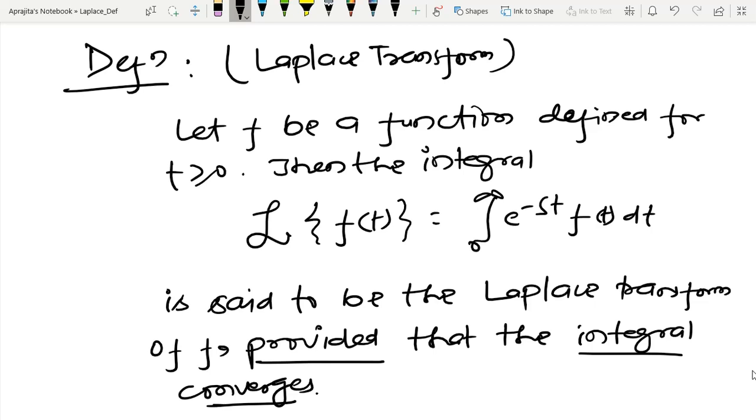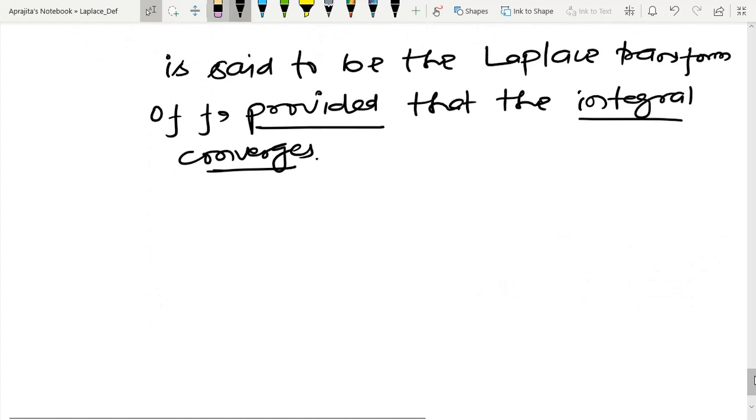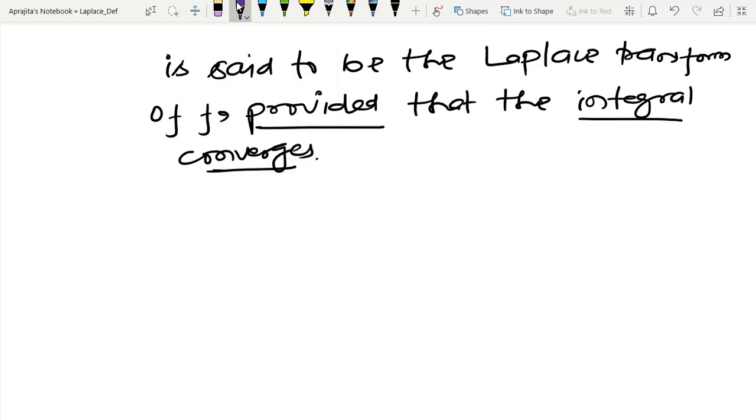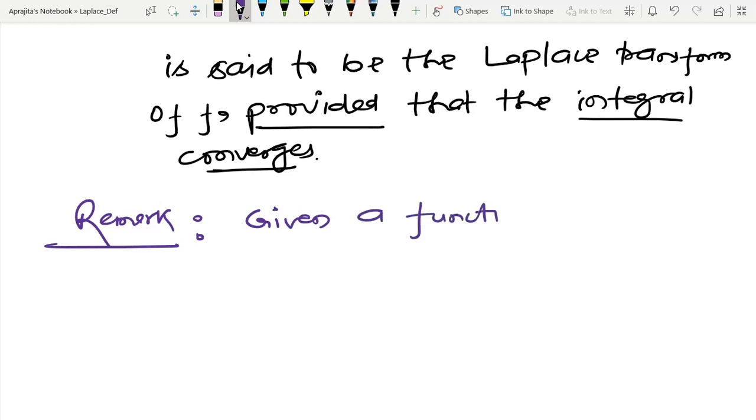So now let us discuss that for our purpose. This is from the mathematical point of view. So what we are telling, you can write in the form of a remark only, because this is the main definition. So given a function f(t),